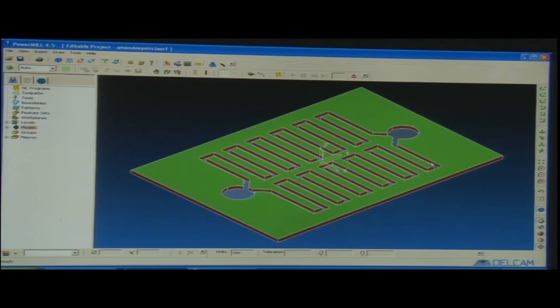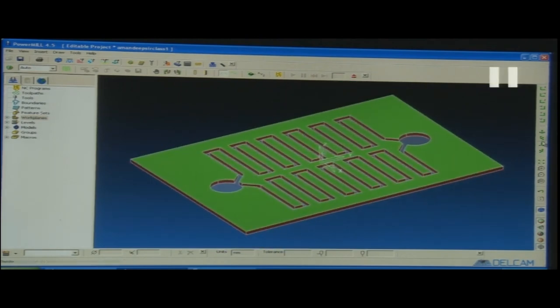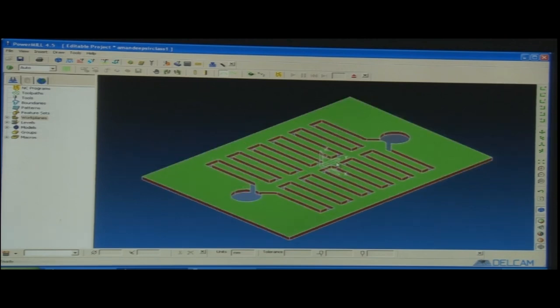Now, one of the important points is that I need to barricade the boundaries. This is the top surface of the job. These are work planes, and we can create work planes. If I click create work plane, this work plane is created. You can see this small change, a very thin white line. Now the software knows that this is a work plane where it will start machining. Similarly, we can fix the boundaries, barricade the boundaries, so that the tool will just be moving within these boundaries. It should not come out of the boundaries.